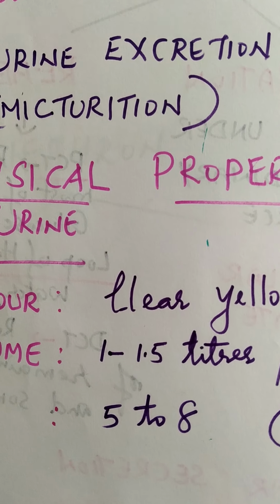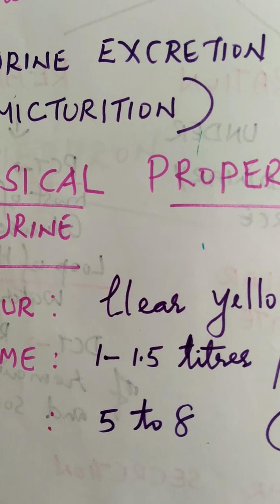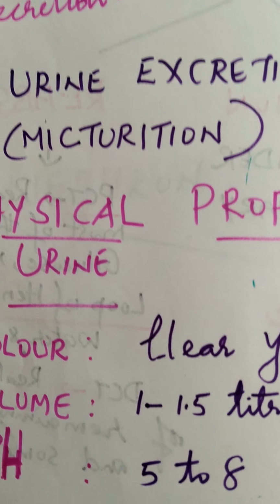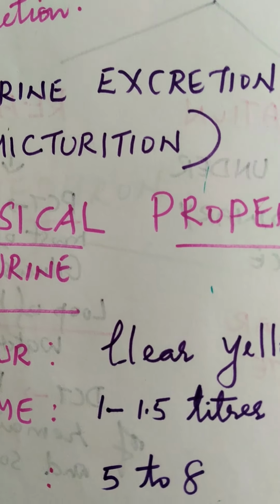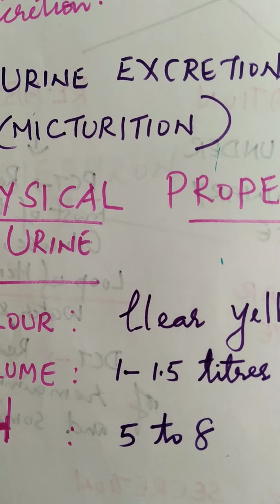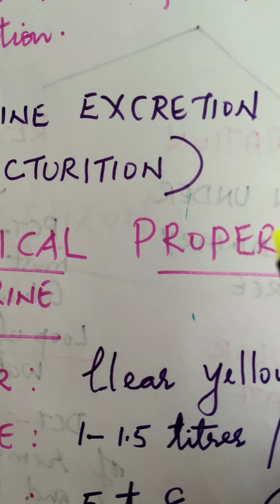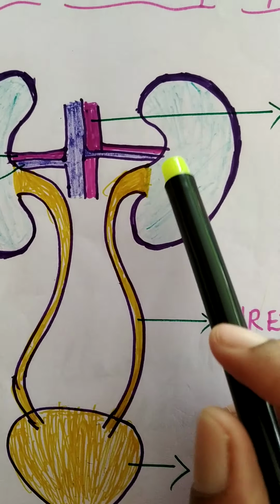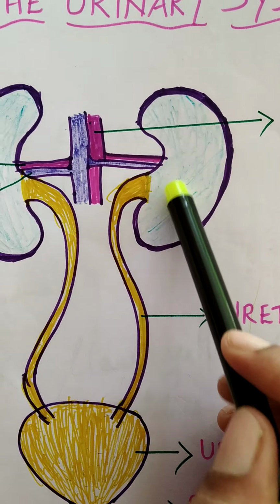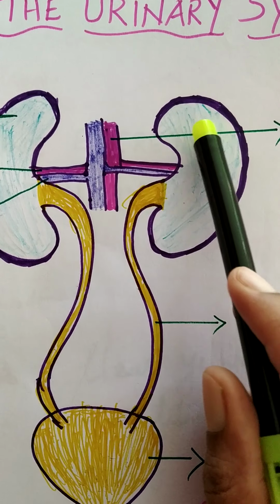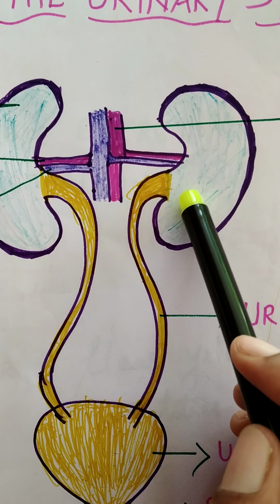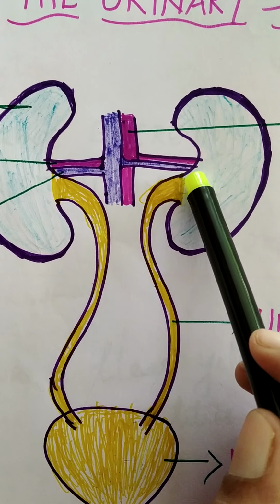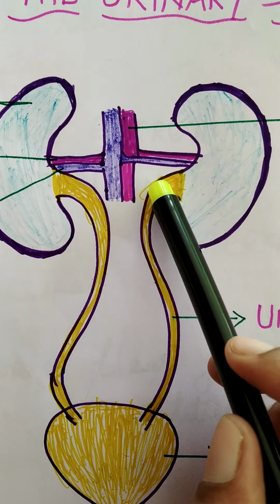Now let us continue with the next topic, that is urine excretion. Urine excretion, also known as micturition. From the collecting duct, the urine is drained into the pelvis region of the kidney. From the pelvis region, here you can see in the diagram, this is the pelvis portion of the ureter. So all the collecting ducts of several nephrons open into the ureters, and from the ureter the urine moves